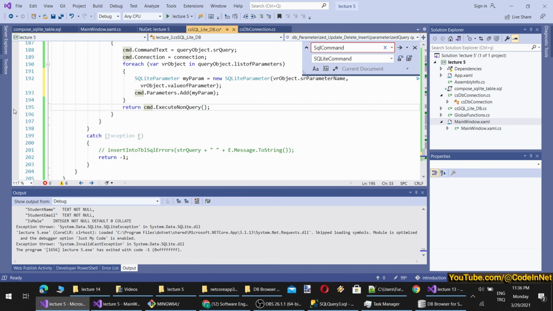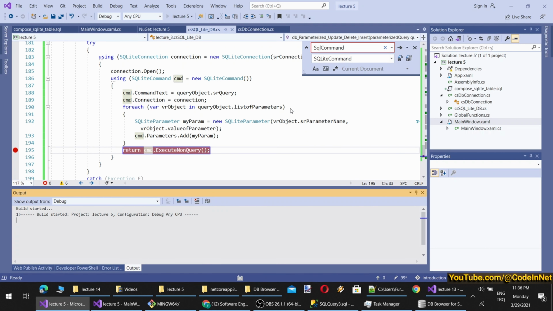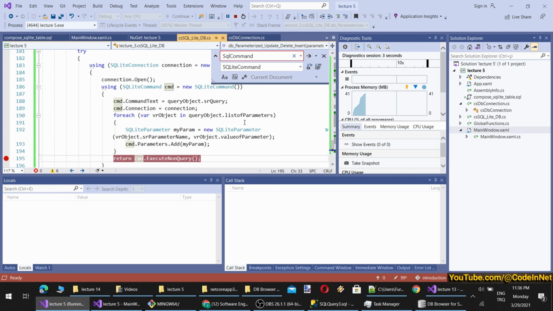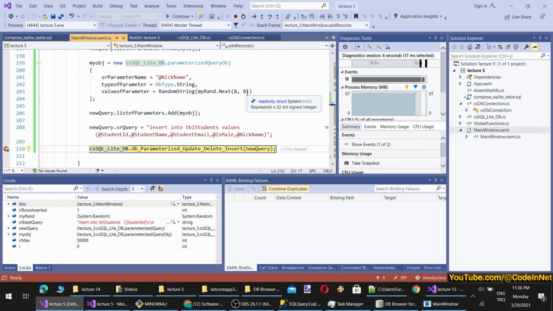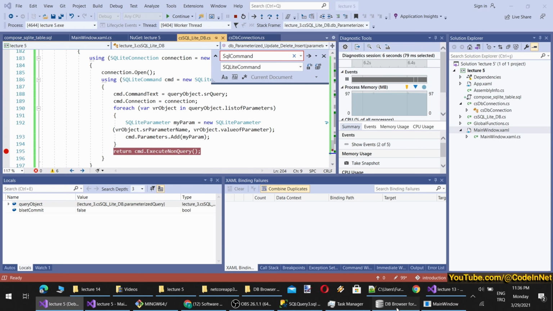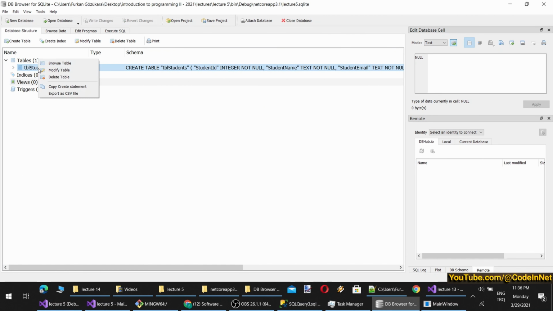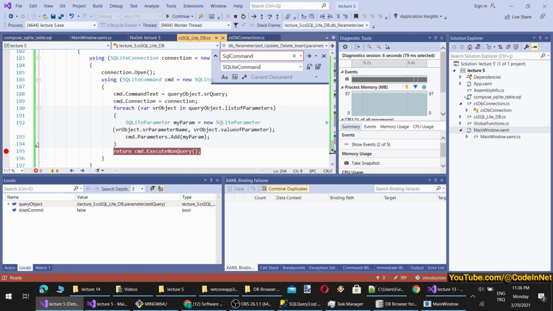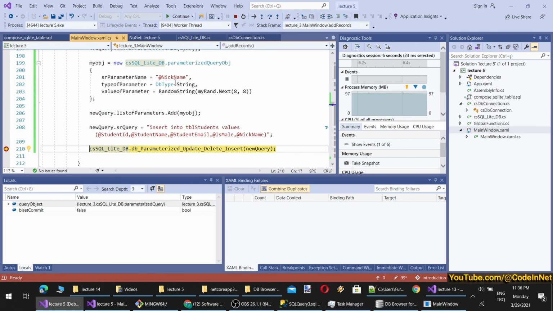So let's put a breakpoint here and see if it is working or not. So basically, I didn't provide the parameter type. Therefore, the .NET Framework should automatically handle it. Let's try it. Continue. Okay, I think it has worked. So let's select the data in our, yeah, now it is working. You see, we didn't do anything. Our code is working perfectly fine. So now we can continue.